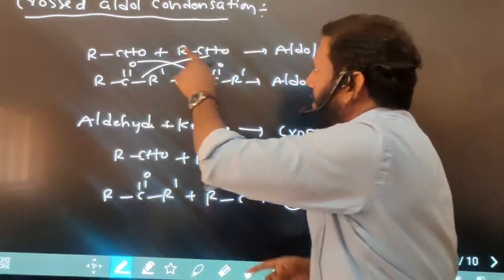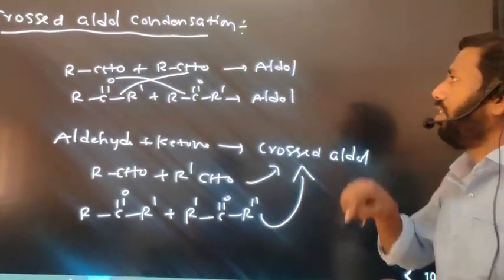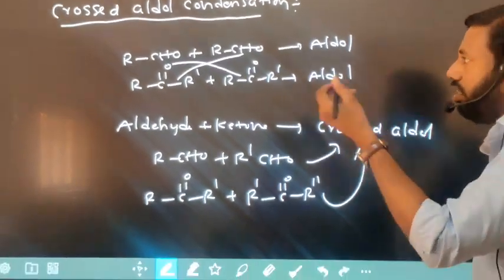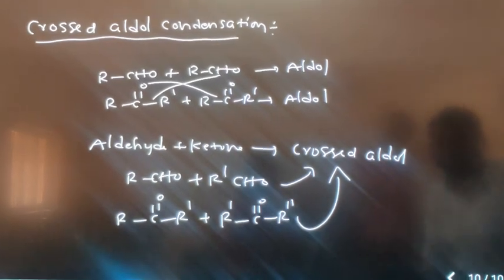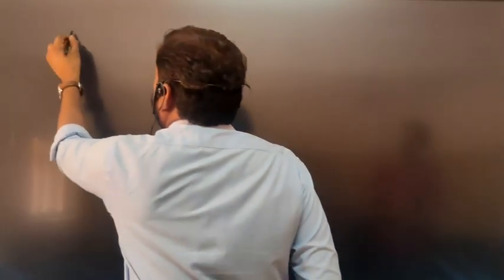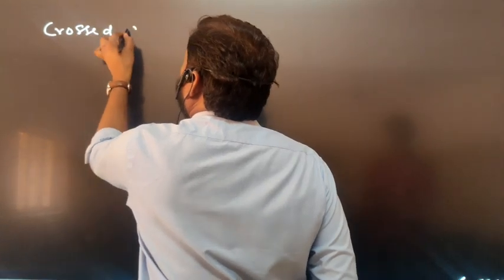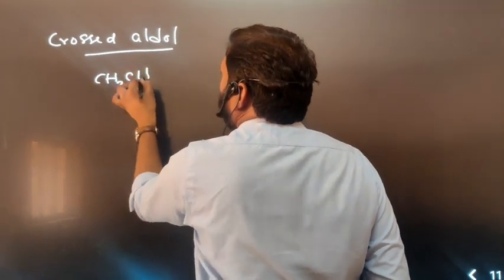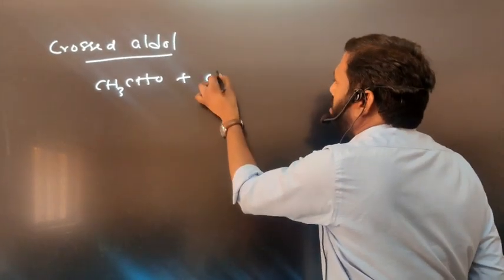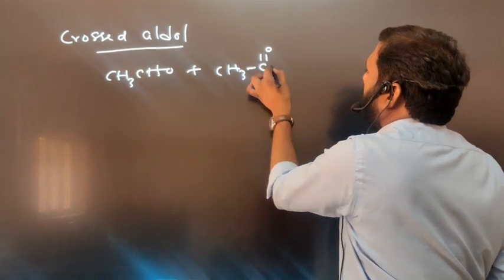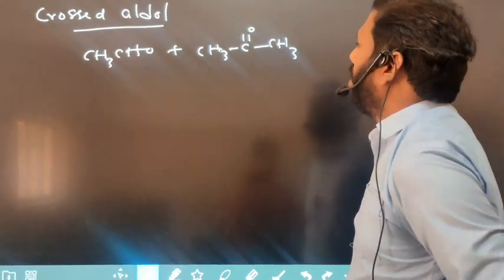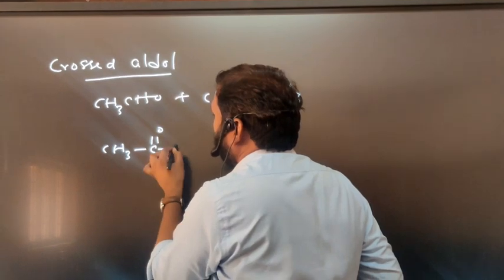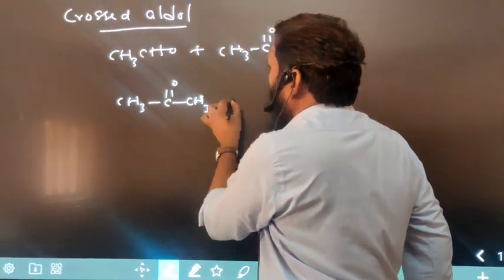Now let us discuss crossed aldol condensation. It always occurs between two different aldehydes, or two different ketones, or between an aldehyde and a ketone. For example, I am taking CH3CHO, acetaldehyde, and acetone, CH3COCH3. And my question is: